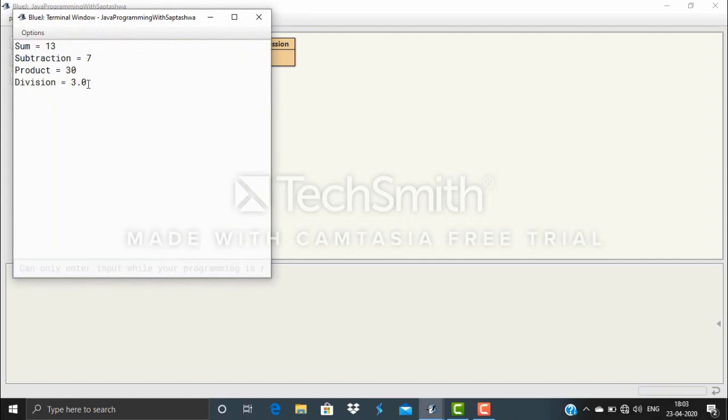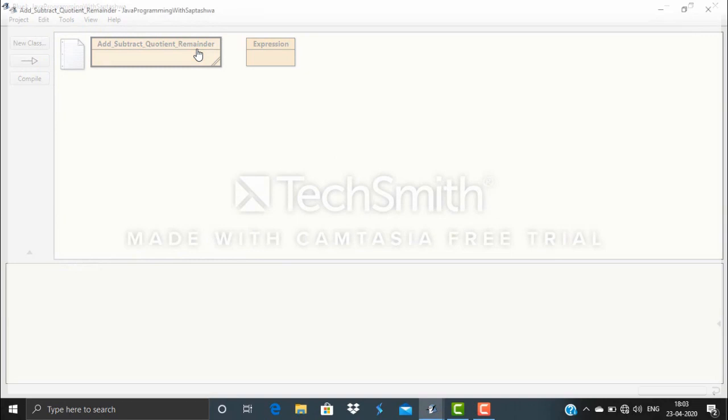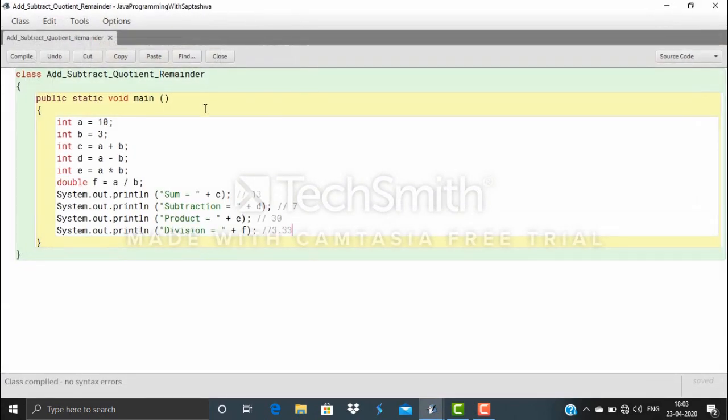It is giving me 3.0. Now why is it giving me 3.0? Because I have changed the data type of f to double, but both a and b are integer data type. So for at least one of the variables, either a or b, I have to change the data type to double.